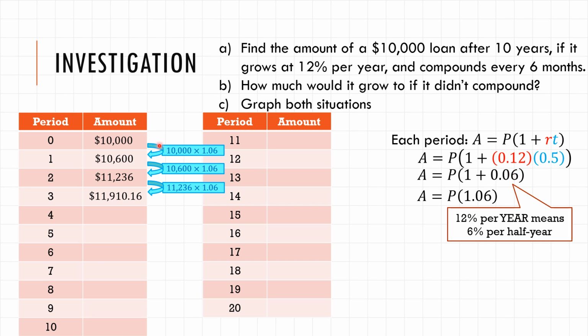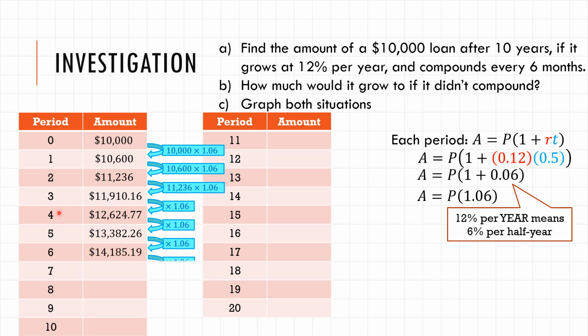So I just need to multiply by 1.06. So I did that 3 times so far. I'm going to do it another time to find out after 4 periods of 6 months. So this is after 2 years. And then times that again, and again, and again. And I'll just keep doing this